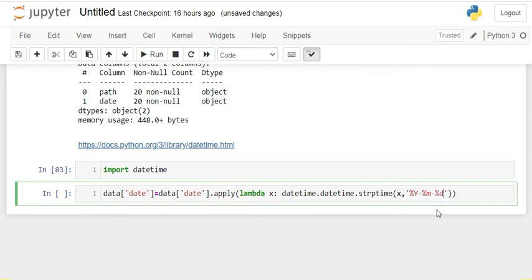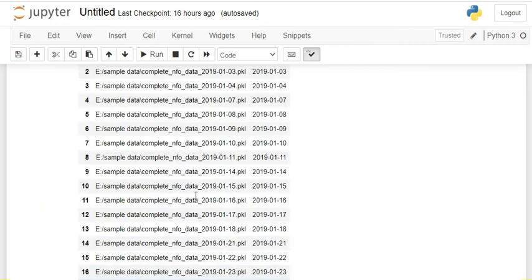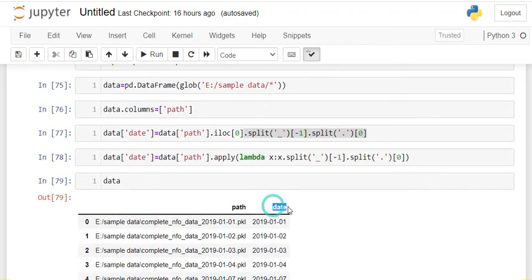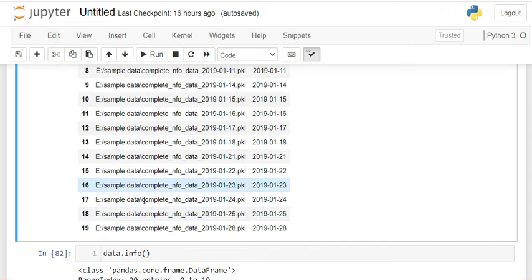Okay, so if you run this, what we are trying to do is convert the date column of the data frame called data. So data date means I am converting the date column, dot apply means I am applying it to all the rows of this particular column of the data frame data.